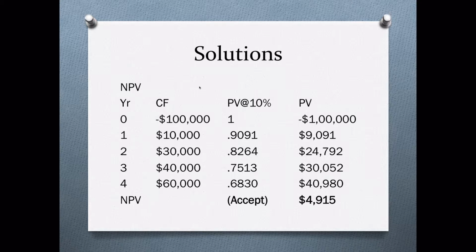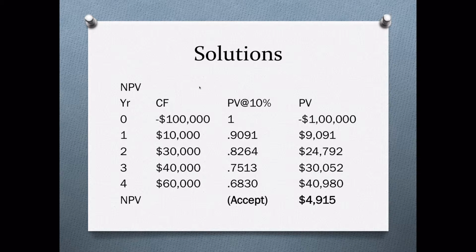All right, so we go ahead and look at our present value for single cash flows table, and at 10% we go down from 1 through 4, and we get 0.9091, 0.8264, on down to 0.6830. And we do our math across. The $100,000 investment is a negative. I have an extra comma in the present value, but we all know that's $100,000. So at time period 0, we invest $100,000, and then at time period 1, we get $10,000, and when we discount that, it's